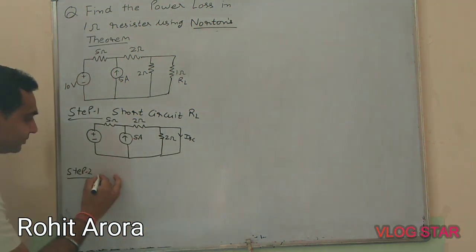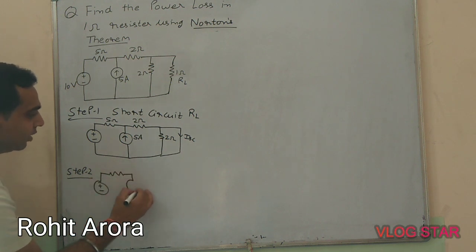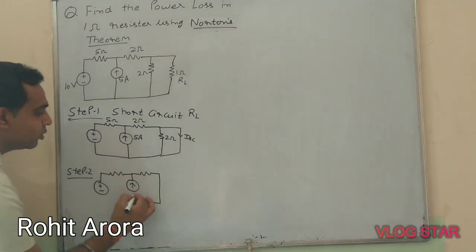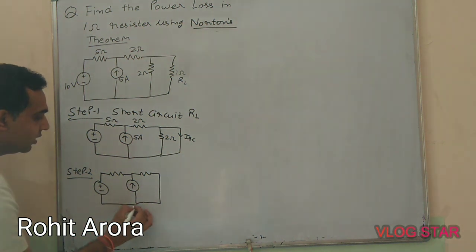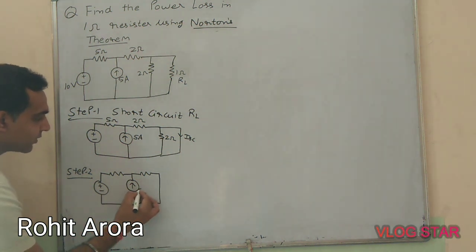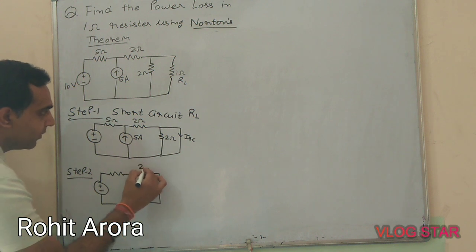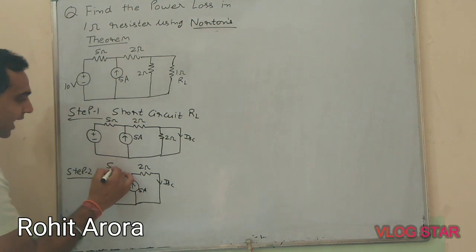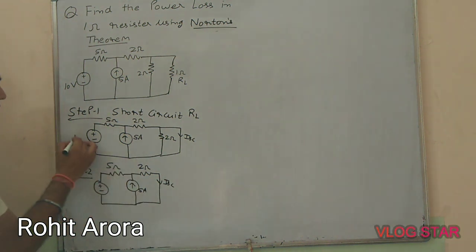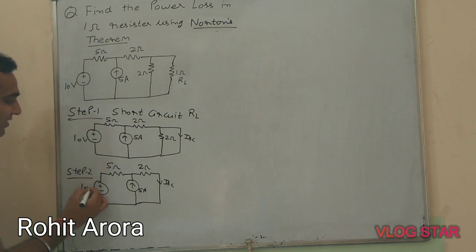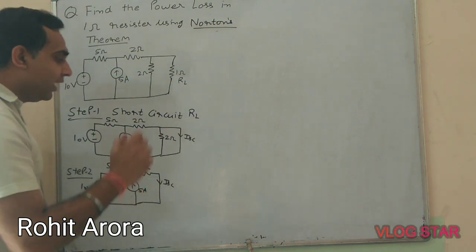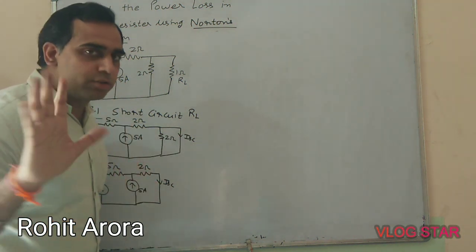Again draw and redesign the circuit. What I will do is that this 2 ohm resistance is removed from this. Why? What is the logic behind this? The actual logic is that the current follows the low resistance path, or we can say that the current divider rule defines the current across the branch.